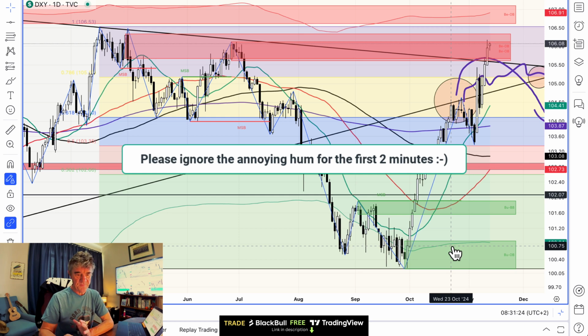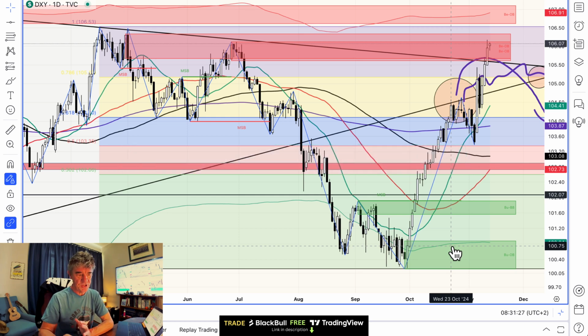Remembering that this is made up of a basket of currencies, including the euro, the pound, the Swiss franc, Canadian dollar, etc. One or two other weird ones like the NOK. But 70% of it is made up of things like the euro and the pound, mostly the euro. And so we can look at this chart to give us a little bit of extra information about the individual